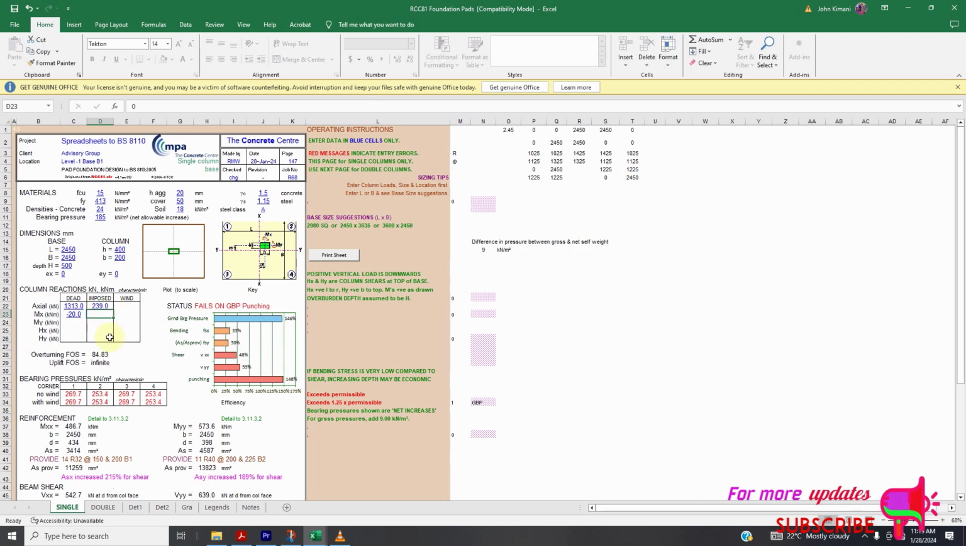So the next thing is to see the suggested base sizes here. We want a square base size, so I will use this one. So the suggested one is 2950 or 2980. Let's try 2950, and then here also 2950. Okay, so let's try 3000,